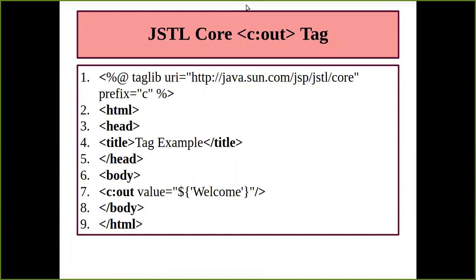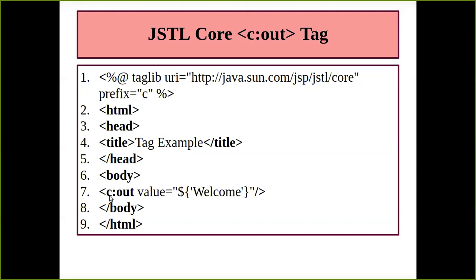Now what the c out tag is going to do: you're going to start with the syntax of the tag. You start with @, which gives the hint that it is a directive. The directive name we are going to make use of is taglib. It has two attributes, one is URI and one is prefix. In URI, I am writing the URL of your core tag, that is java.sun.com/jsp/jstl/core. And the prefix I am writing is c. This is all your HTML tags what we have written.